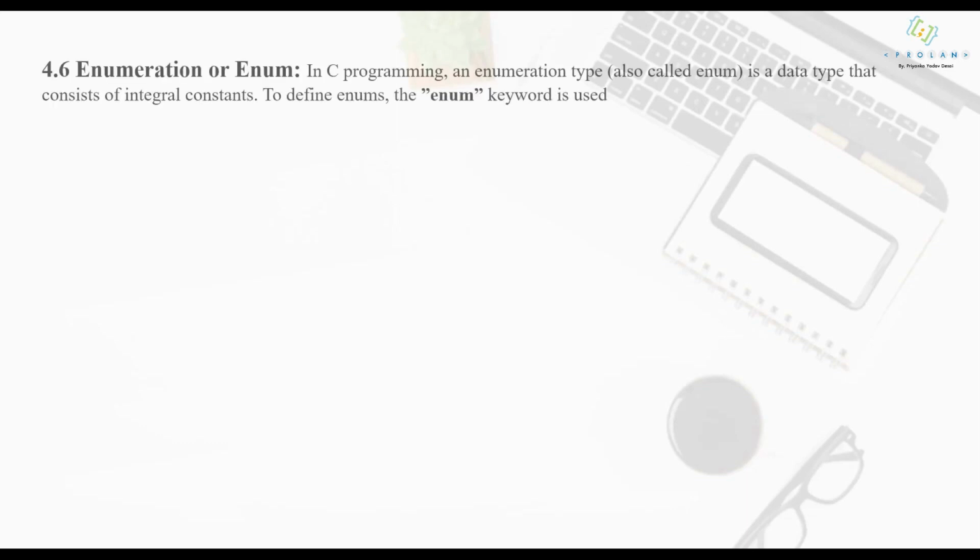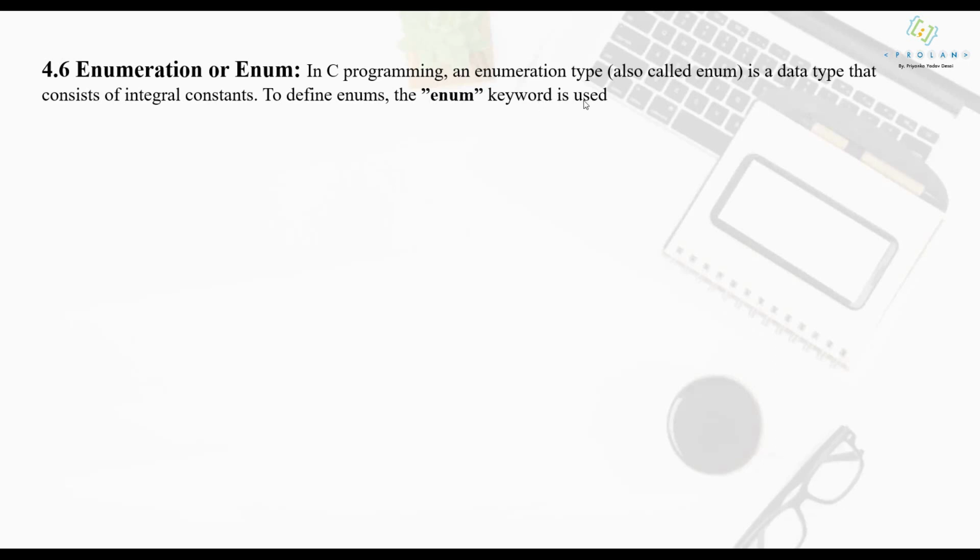Okay, so till now we have studied different data types, constants, variables. Today we are going to see a very important data type which is there in C, which is enumeration data type. Now enumeration data type or enum is basically a user defined data type. Previously I told you that there are basically three categories of data types. First is primitive or primary data type, second one is derived data type, and third one is user defined data type. So enumeration data type belongs to the user defined data type.